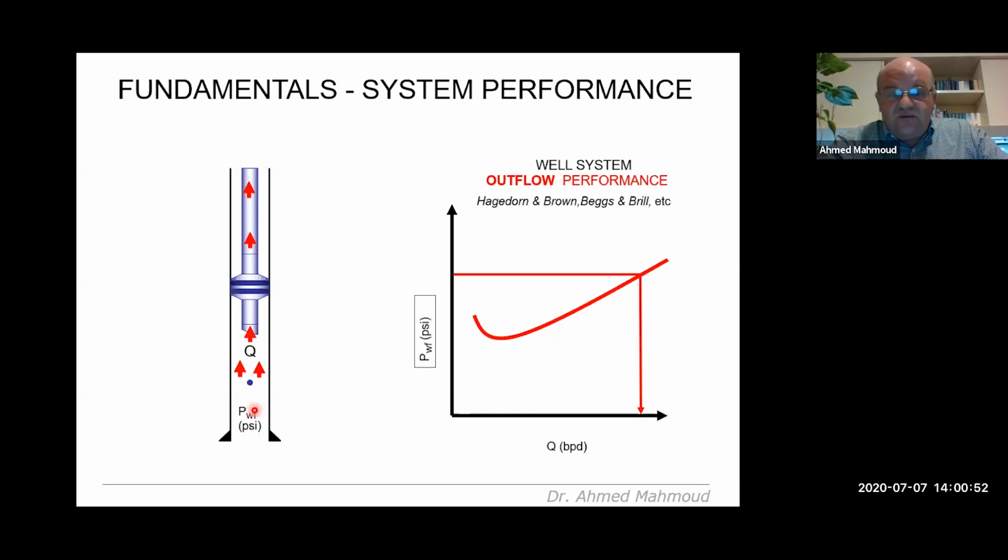The outflow curve is a representation of the point you are in inside the well. So it starts with, let's say, where the laser is right there, and from there I'm going to be moving up to a point before I start